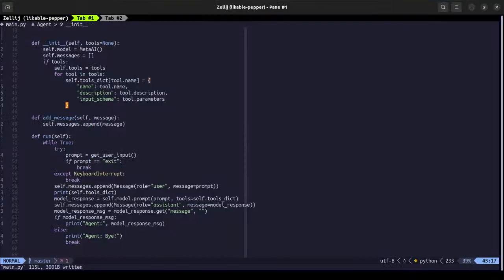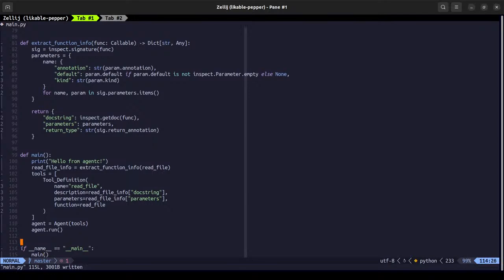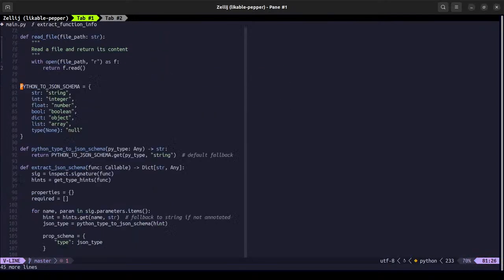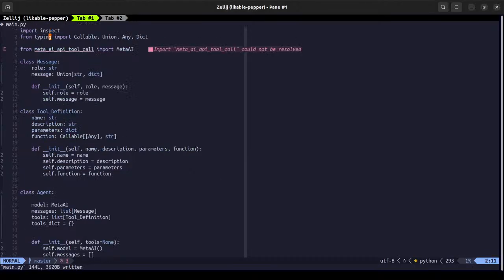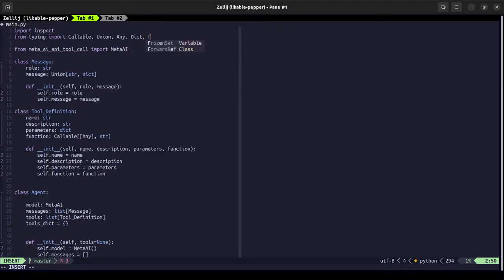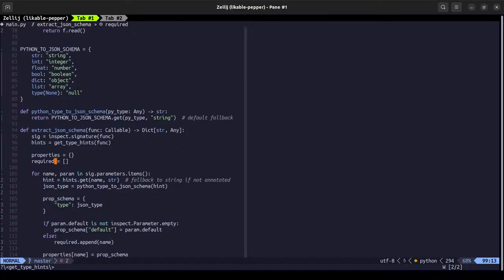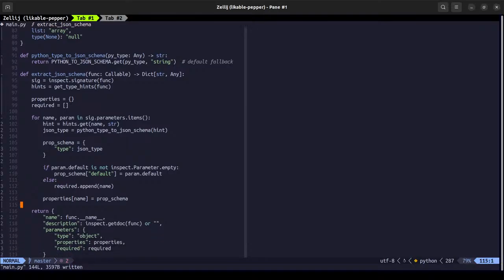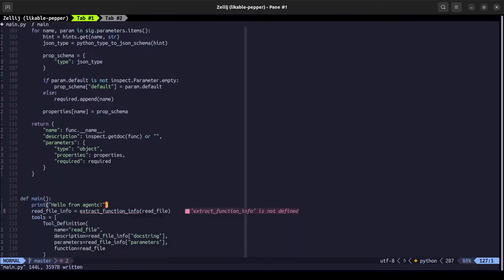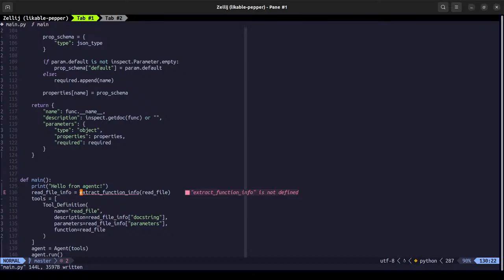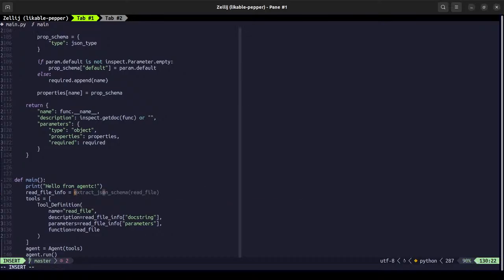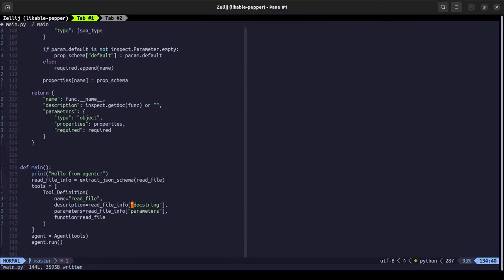If not that, I don't know what is it then. Get type hints from here. Yeah, I mean, anyways, the model will return to that thing eventually. There's no big deal in that.